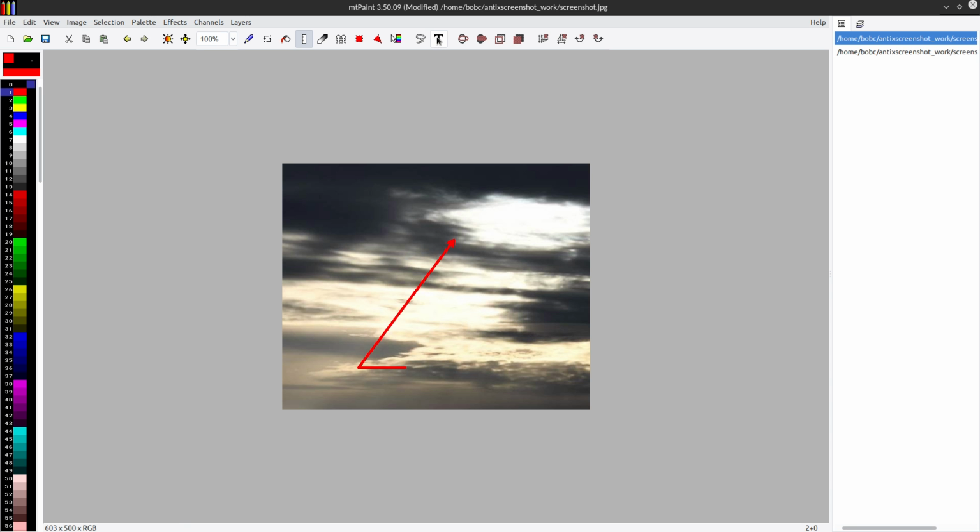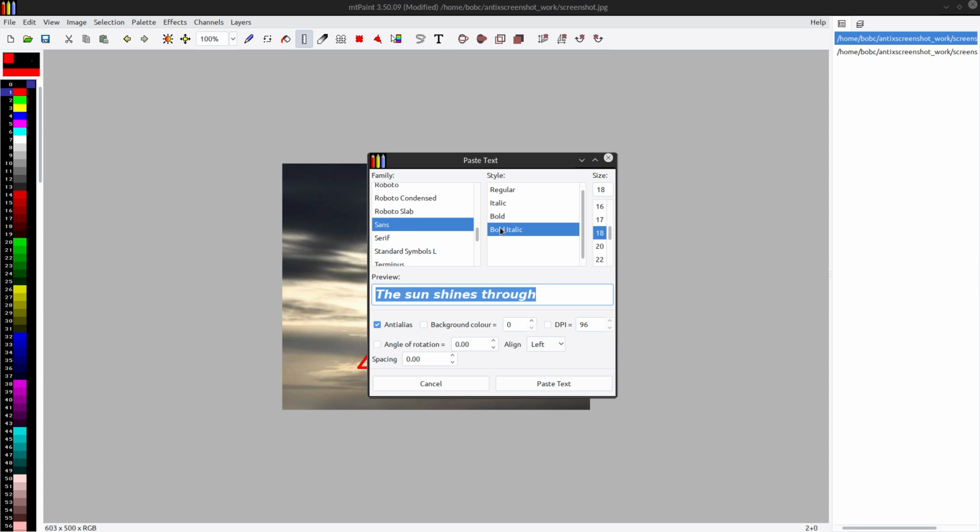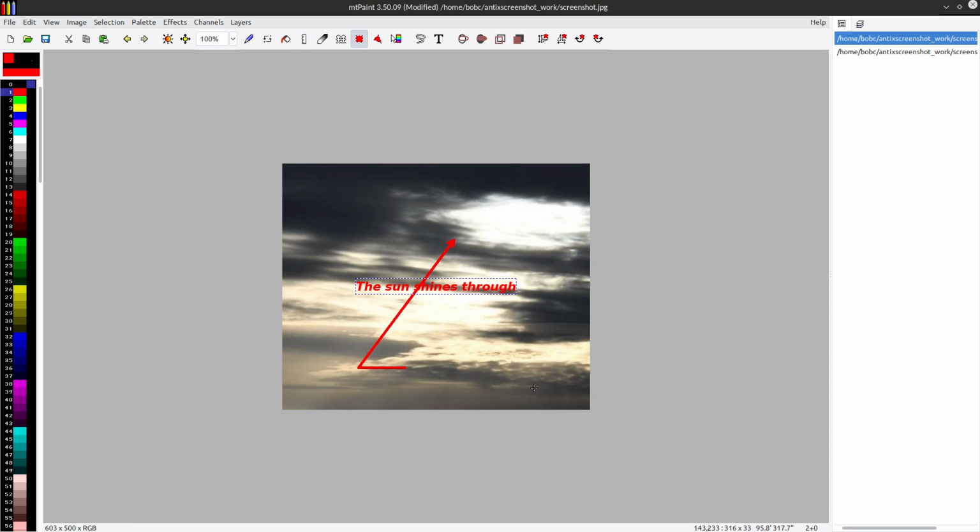And for example, if I wanted to add some text, I already typed it in. The sun shines through, and paste that text, and now we can drag it to where we want it to show. And then we save our picture,